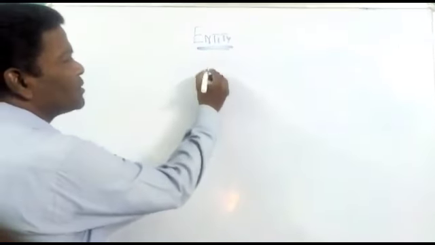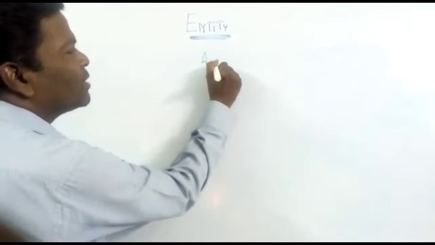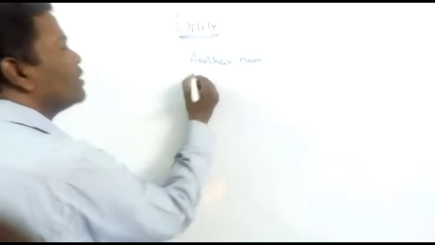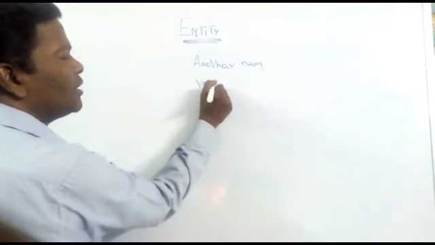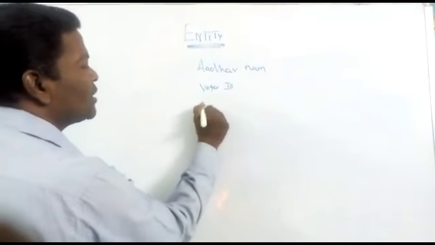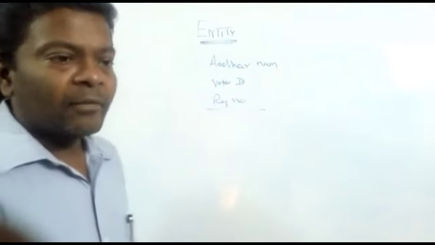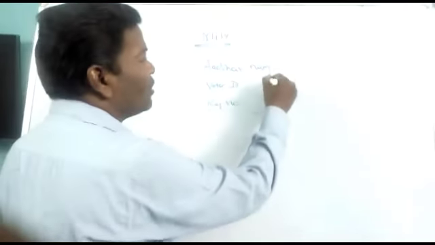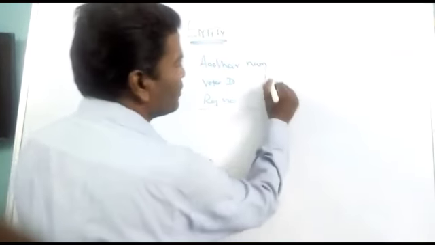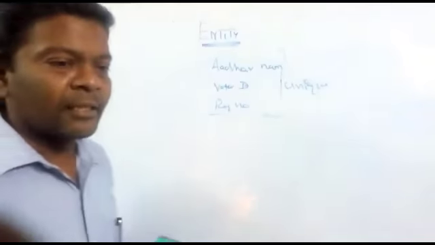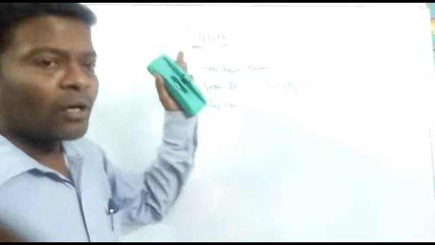So for example, the Aadhaar number that we use is an entity. For example, voter ID, the student's register number. So these are some of the examples of an entity. These things are unique. So this is called entities. So these entities are formed with